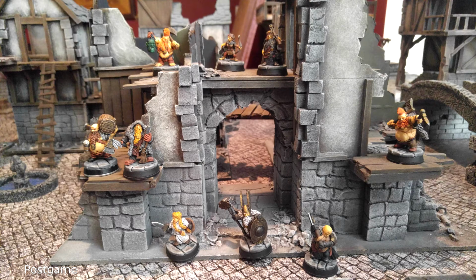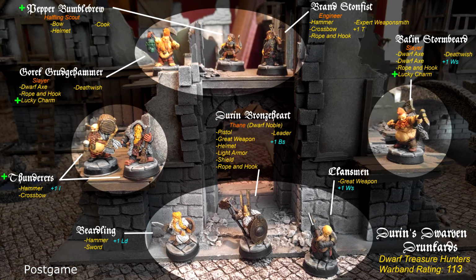So got to make some advancement rolls. My Thane got a ballistic skill increase, so he'll be a little trustier with his pistol. I decided not to go with the weapon skill because he's already weapon skill 5. And 6 seemed pretty excessive at this point. Now, Balin Stormbeard also rolled up a weapon skill increase, as did my Clansman. Now, my Thunderers rolled up initiative, which is kind of disappointing. And my Beardling rolled leadership, which is really disappointing. So yeah, not too many good advancements, but probably for the good, so I don't continue pulling far ahead of